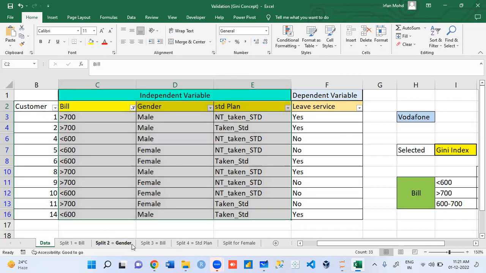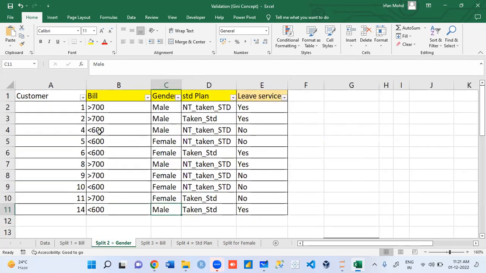So now this is your second data where I have taken subset. If you count, this is 10 rows.